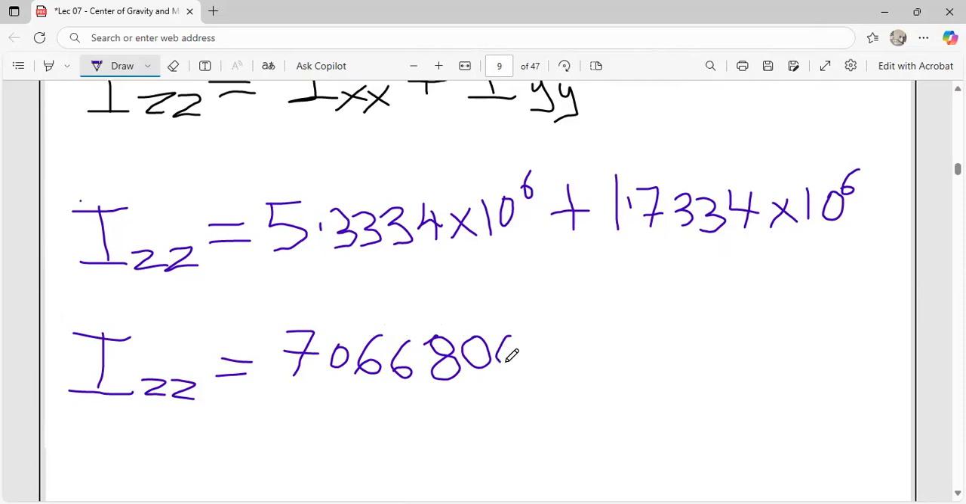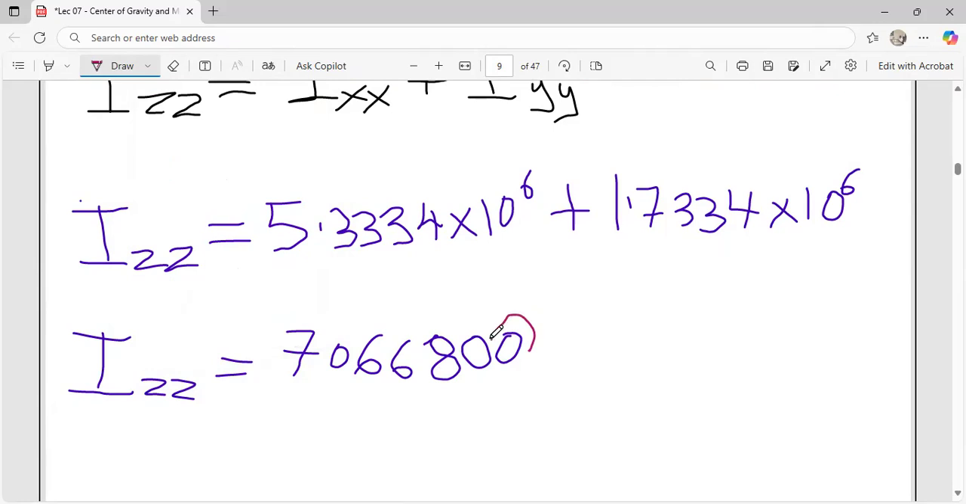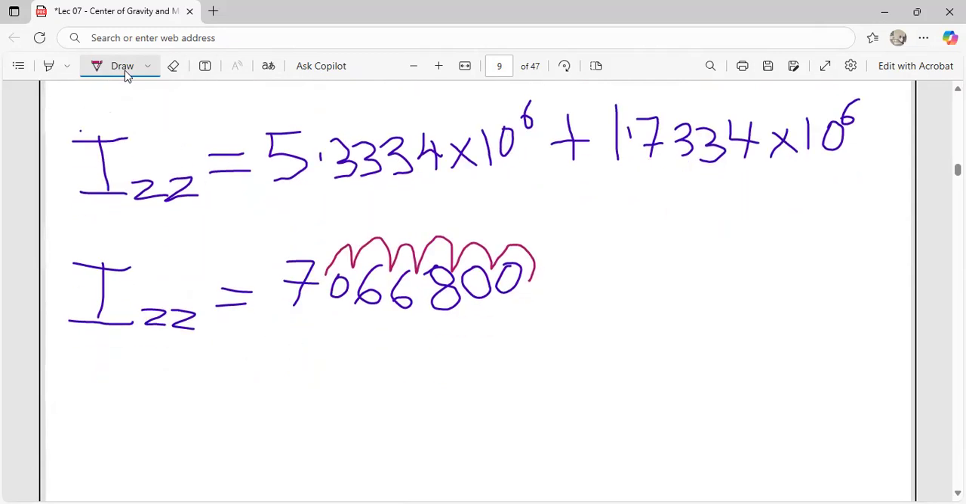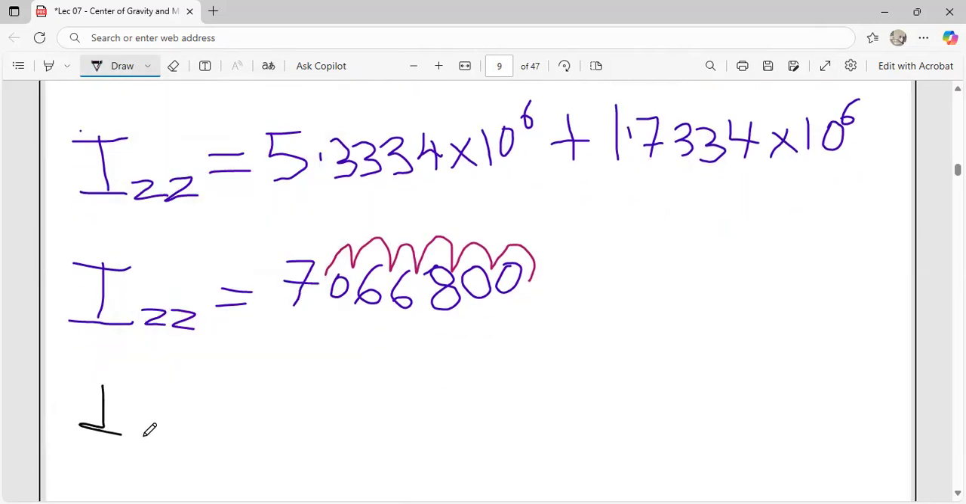706,680, if you punch it into the calculator. Because you want to write it in standard form, it will have to be converted into standard form. And that's going to become 1, 2, 3, 4, 5, 6. So you see how our final answer is going to become. So we can say that finally our